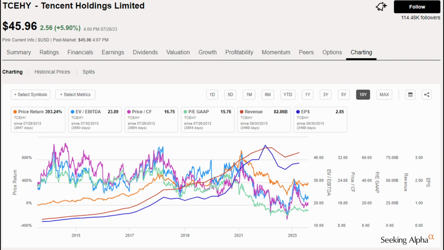Tencent's portfolio is broad and diverse, extending into areas like artificial intelligence, education, health, and transportation. The company's approach is to build an integrated ecosystem where services are interconnected and mutually reinforcing, creating value for its